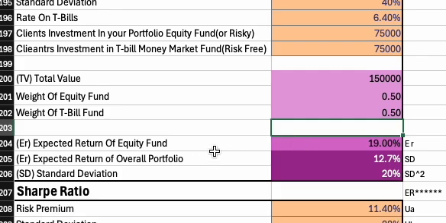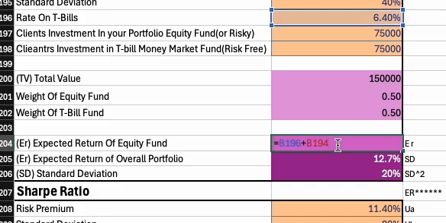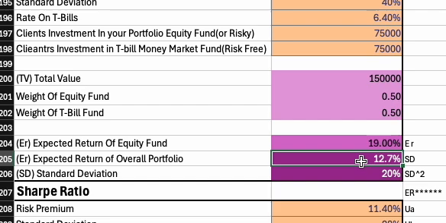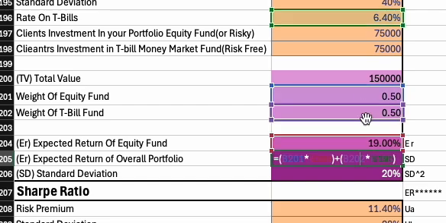Now going down below, getting into the more serious, important calculations. Expected return on equity fund. All we do here is we take our rate on T-bills, our 6.40%, and add our 12.6% risk premium, which gives us 19%. Now for expected return of overall portfolio, we're going to take our two weights, and you're going to multiply